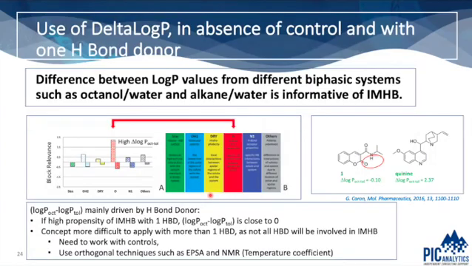What if you don't have a control without intramolecular H-bond? What if you cannot? You have this idea of integrating the delta log P, where, again, same thing, Julia studied the delta log P between octanol and toluene, and either way by calculation or by measurement, using the eLogD minus the PLRPS, where you could see that the main forces driving the delta log P is this H-bond